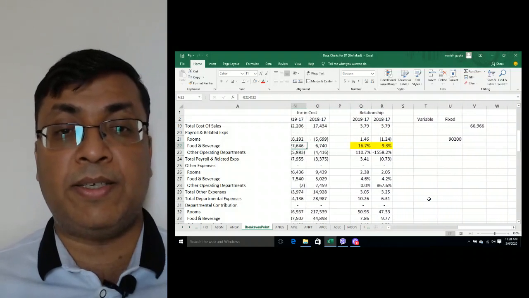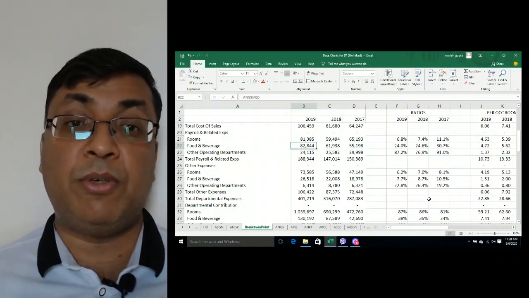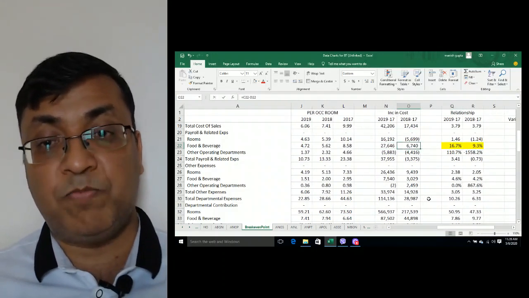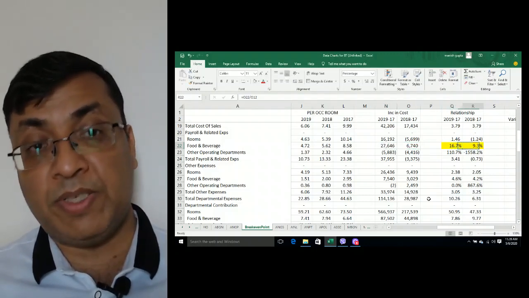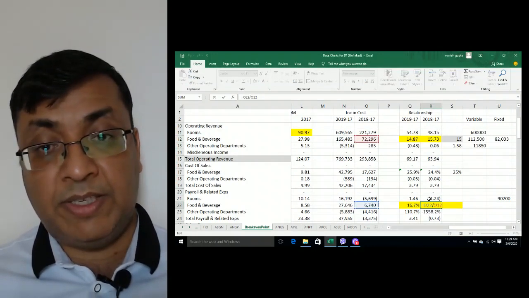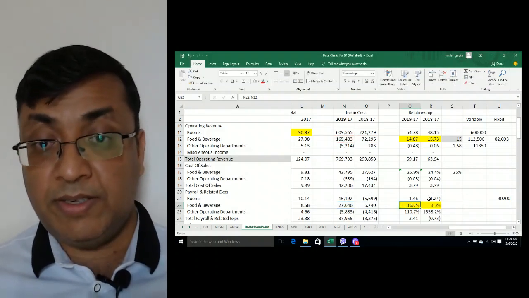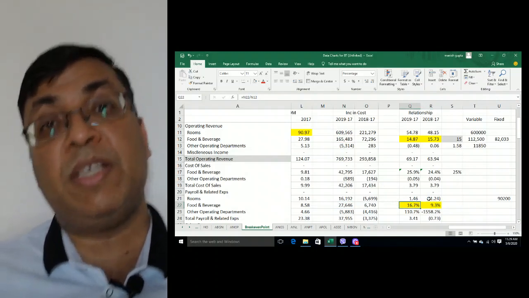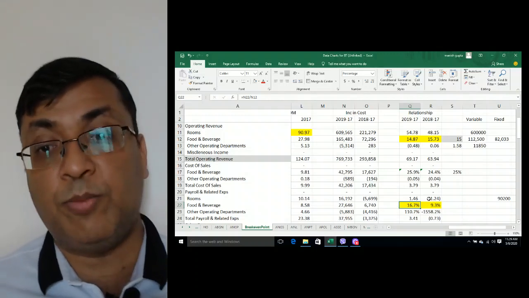Let's look at the F&B cost now. F&B cost has been increasing from 55 to 61 to 82, and the incremental factor here is 6,000 in 1 year, 27,000 in 2 years. If you look at the percentage of revenue, which is here, 6,000 divided by 72,000 and 27 divided by 165. So it increased 1 year by 9% and another year by 16%. So it means we can say that the cost will increase for sure. It will increase, but it's a step cost.